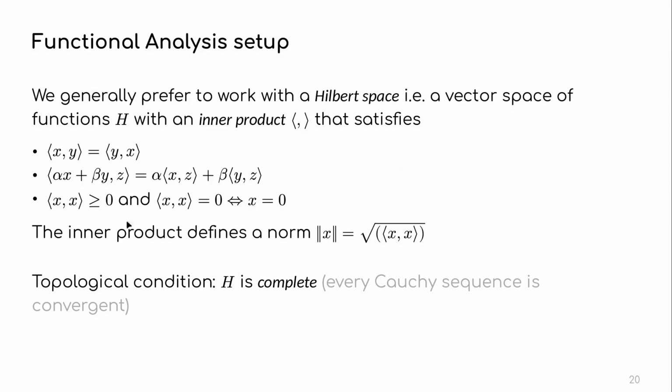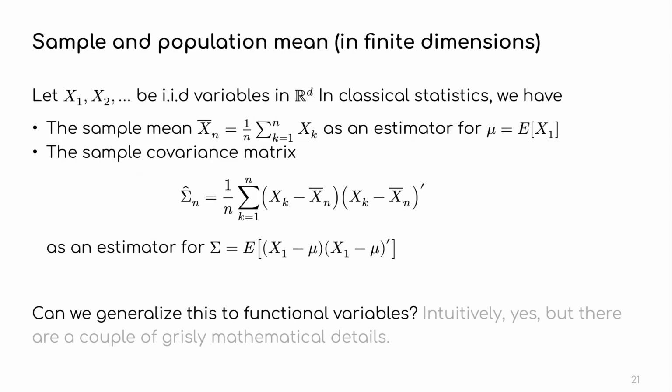These properties mean that the inner product defines a norm on my space, and so now I have a nice norm to do analysis with. Now, the Hilbert in Hilbert space means that it's also complete, which is a topological, technical condition. It just means that I can take limits in most reasonable cases. So if you don't know what Cauchy sequence means, don't worry. It is a technical condition which is usually verified in most cases. And if it's not, then run away.